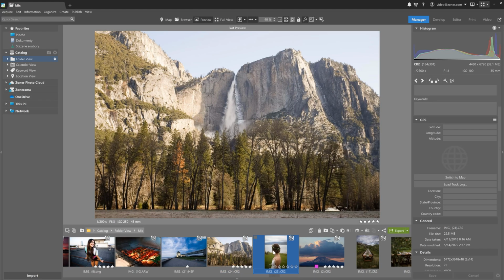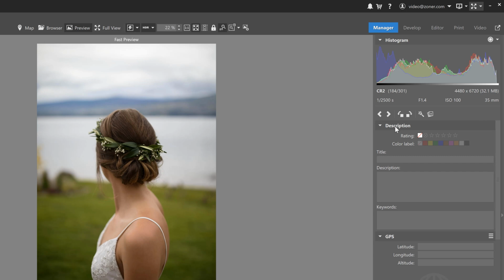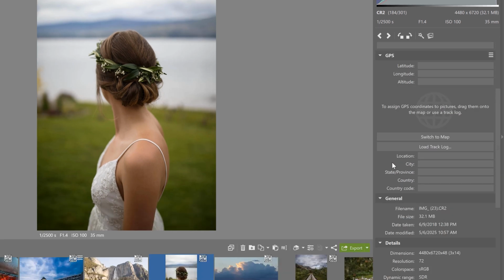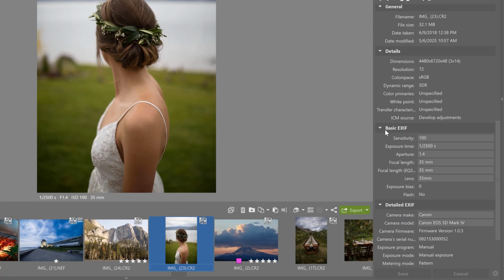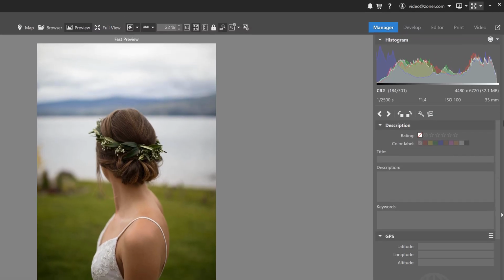Now let's look at the right panel. You can see the histogram, description, GPS, general, details, basic and detailed EXIF data, and multi-page documents. In the description section, you can see what rating your photos have, from 1 to 5 stars, or reject them entirely. And ratings are great for sorting your photos and editing only the best ones you have.